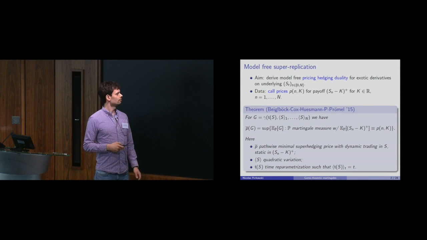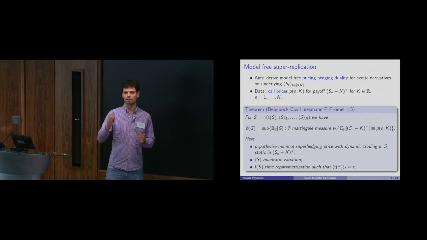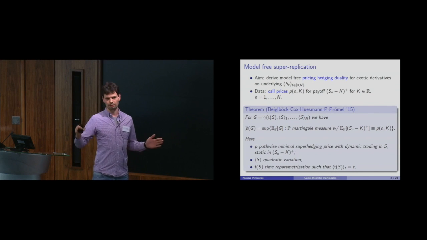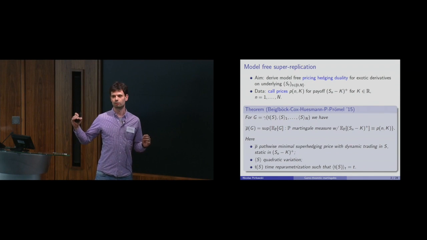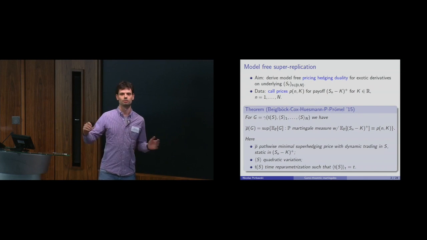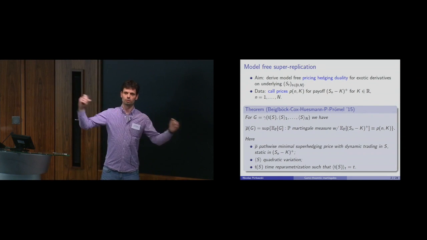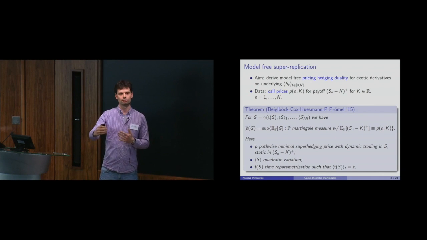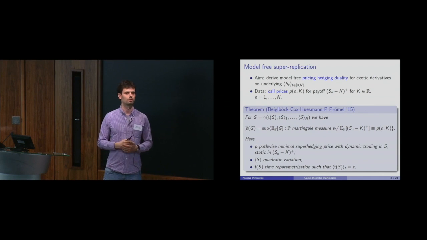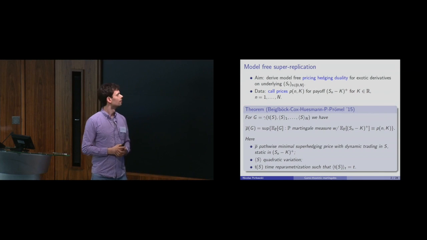So if the derivative is of the following form, it depends on the volatility, the quadratic variation at these different maturities where we know the call options. And it depends on the entire trajectory of S. So T of S is the entire trajectory of S, except that you reparameterize it in such a way that at time T, the quadratic variation is exactly T. Okay, so maybe you have to stretch it a bit or you compress it a bit. But basically, it's the entire trajectory, except that you reparameterize the time. So it's not running in the physical time anymore.